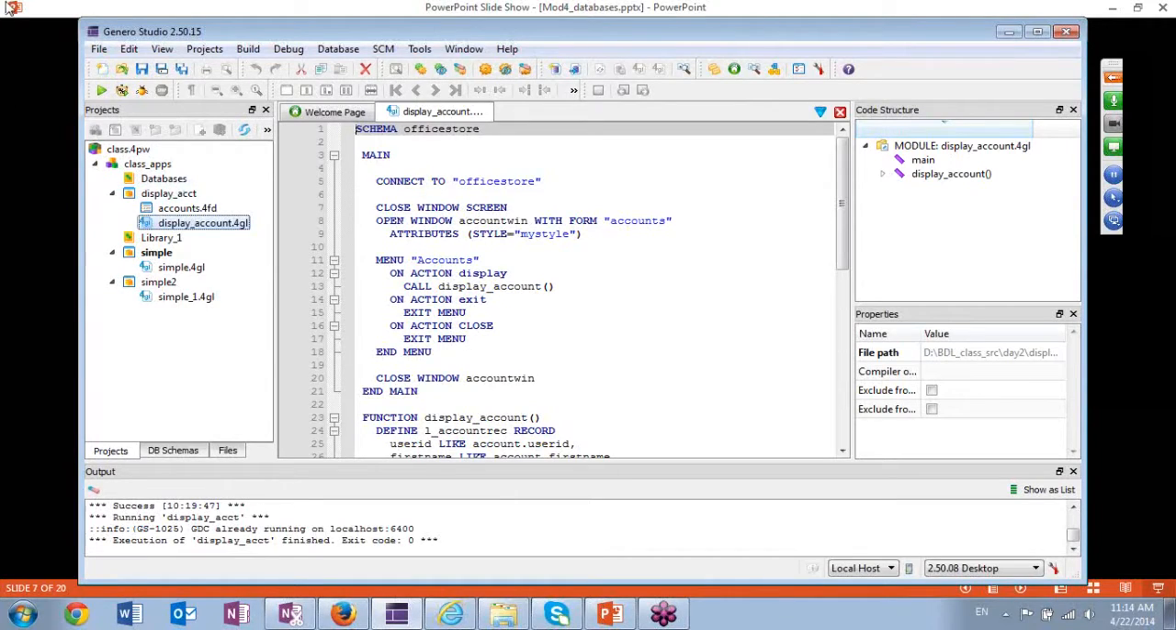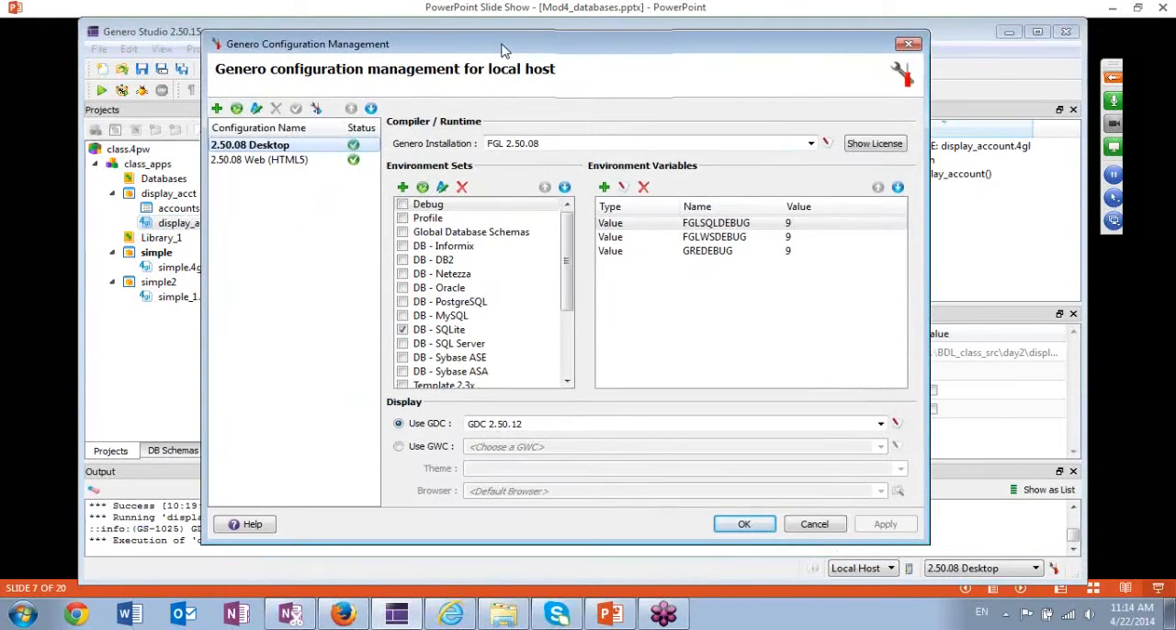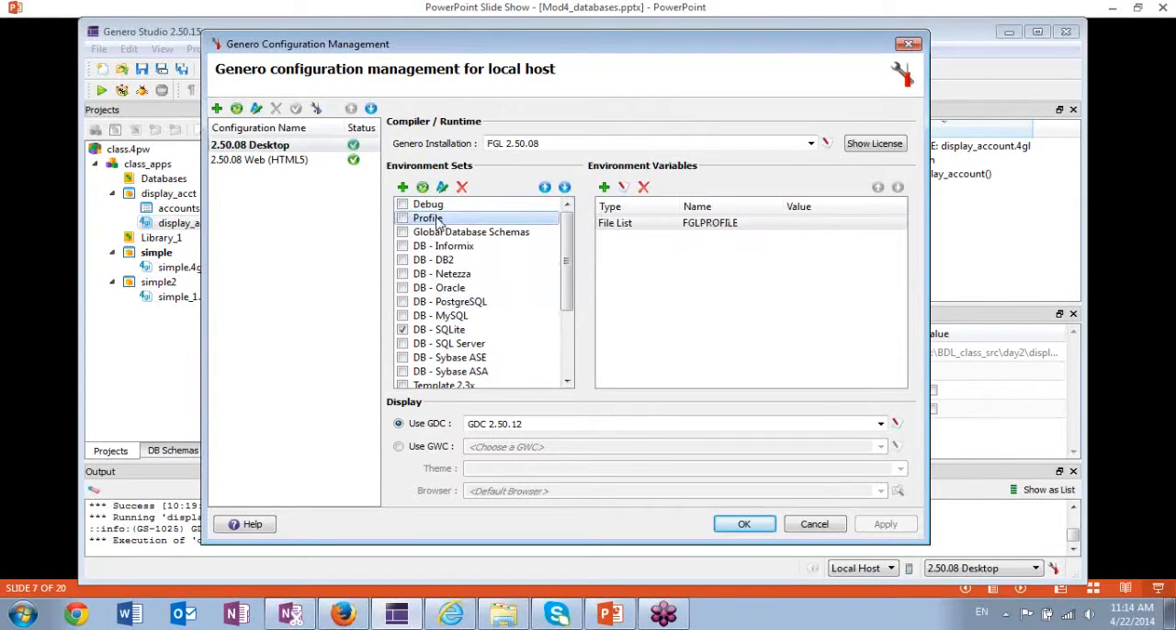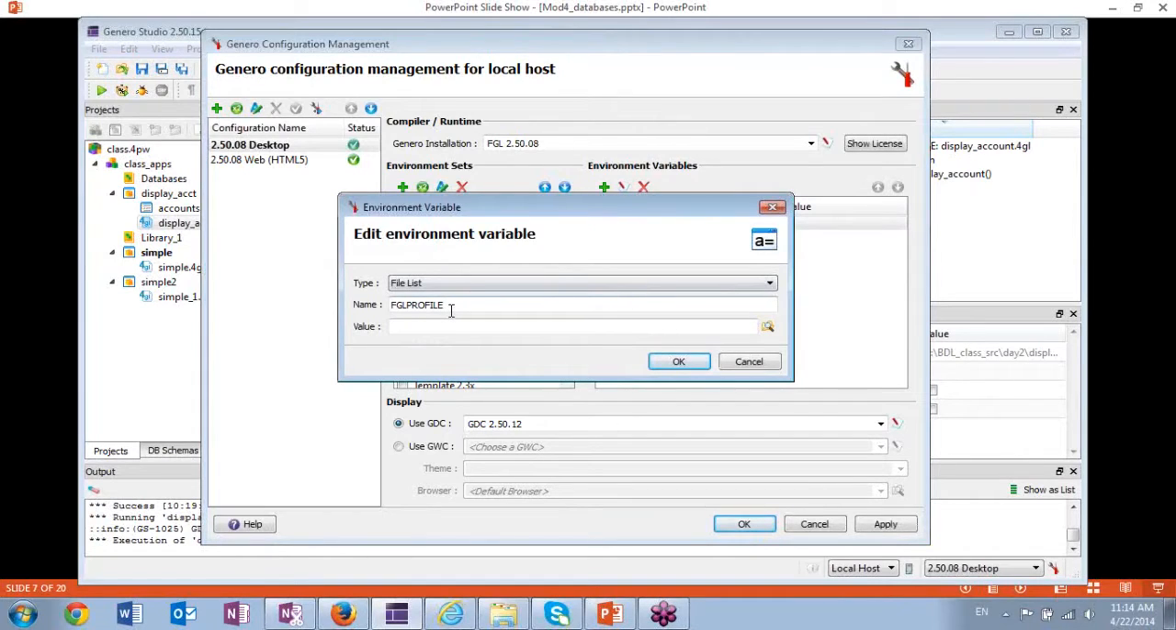Another place that you can configure a customized FGL profile, once you've had a chance to customize it and put your appropriate database connection parameters in it, is here in the configurations. Up here at the top, same place we were looking at a few minutes ago to see how you can configure your database settings, there's a profile environment set that's already built in. So you can just select that profile environment set over here. You can edit the FGL profile setting